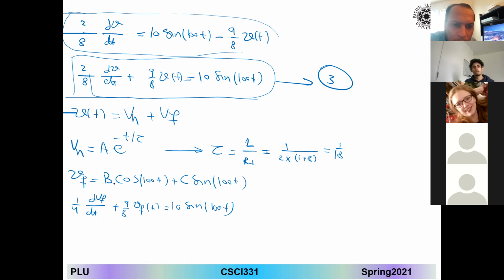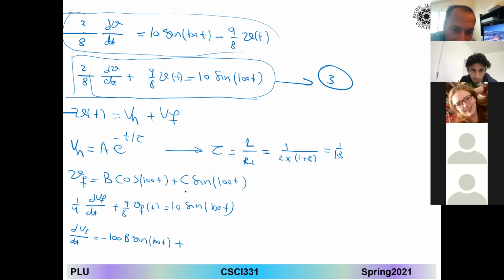It's confused me more than what they gave it to me. Okay, let's find dV by dt. What's the differentiation of the cosine? It's minus sine, right? So here's going to be minus sine, and then differentiation inside the cosine, 100, right? So here's the minus 100b, and this term will be sine 100t